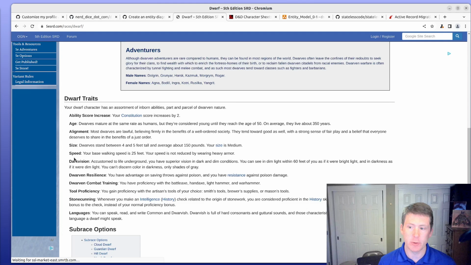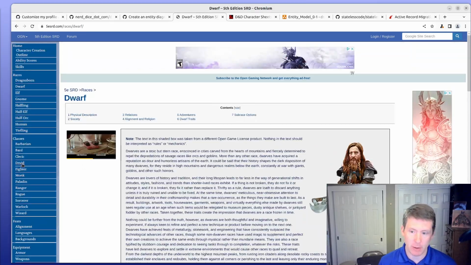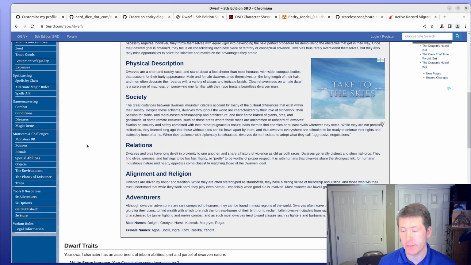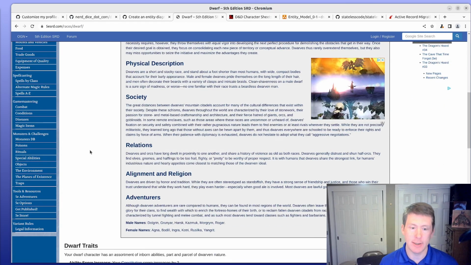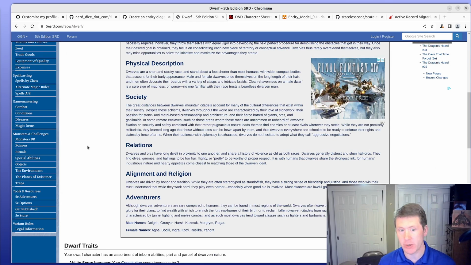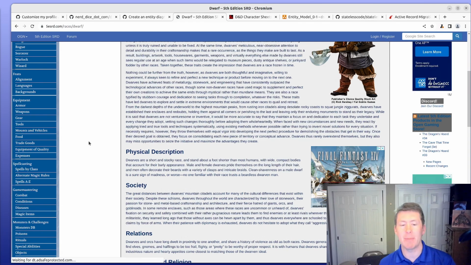So darkvision, 60-foot darkvision, can be granted by the dwarf race. It can be granted by the elf race. You can have a magic item that could grant darkvision. All these other things could potentially allow these things. Same thing with skill proficiencies, weapon proficiencies, tool proficiencies, those sorts of things. They can be granted by a race, by a class, by a magic item, a feat. And so I tried to distill those things into